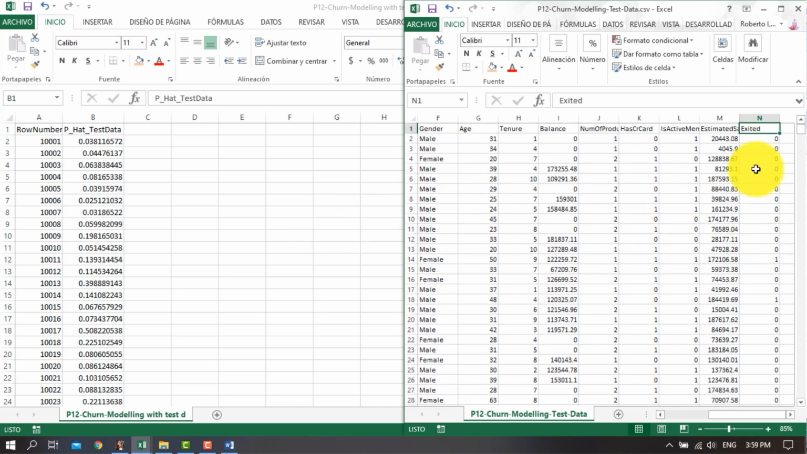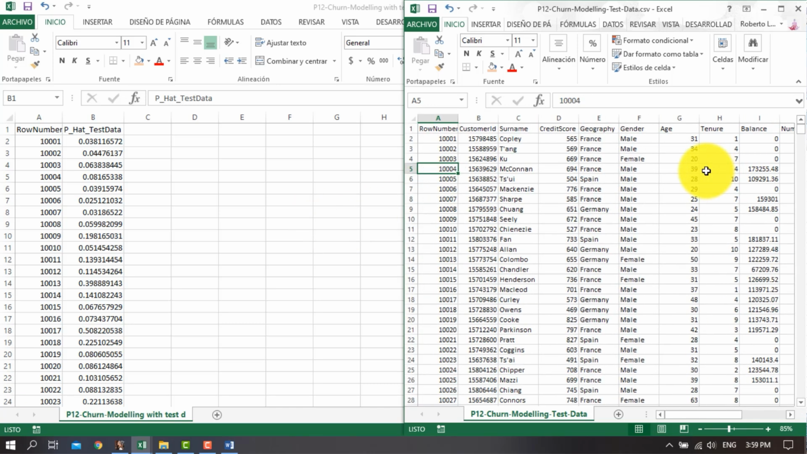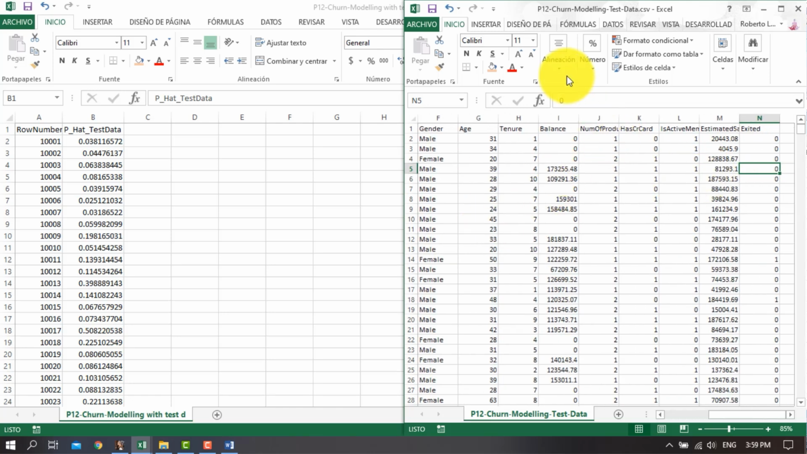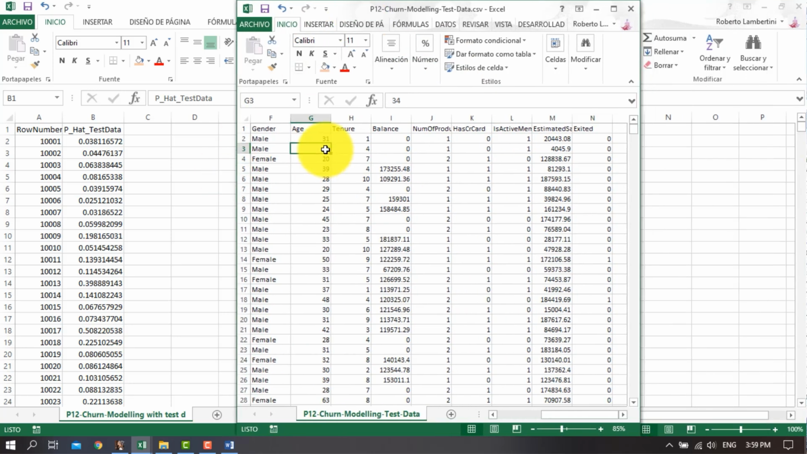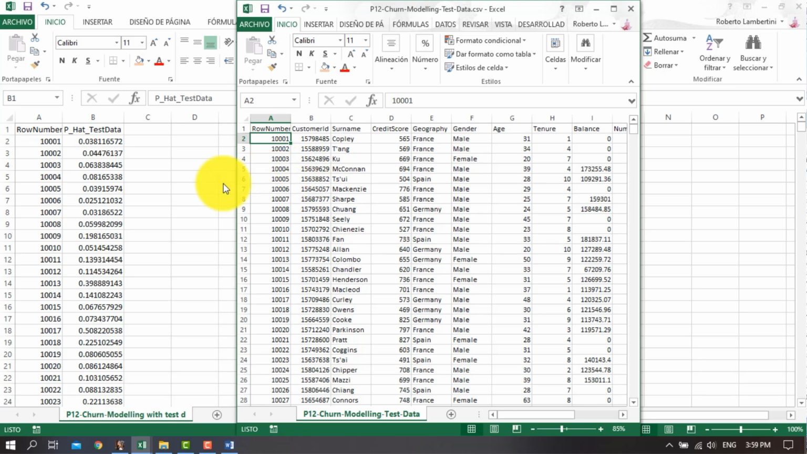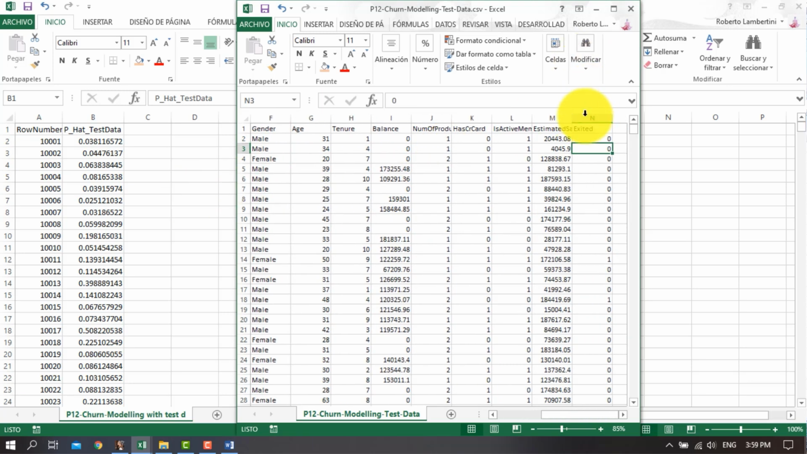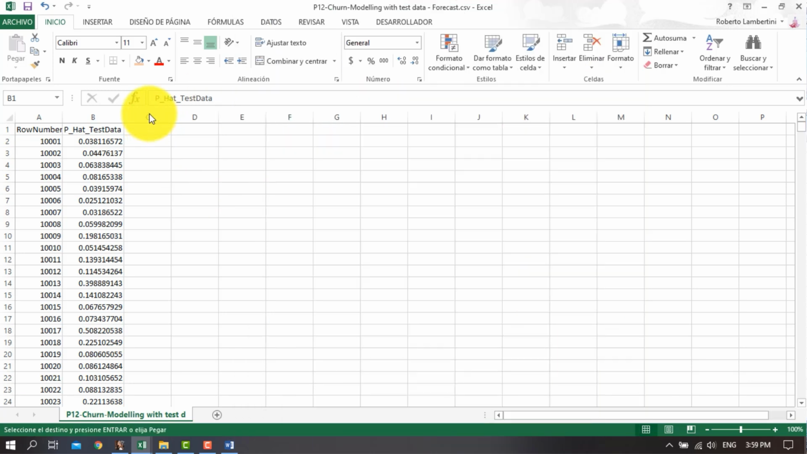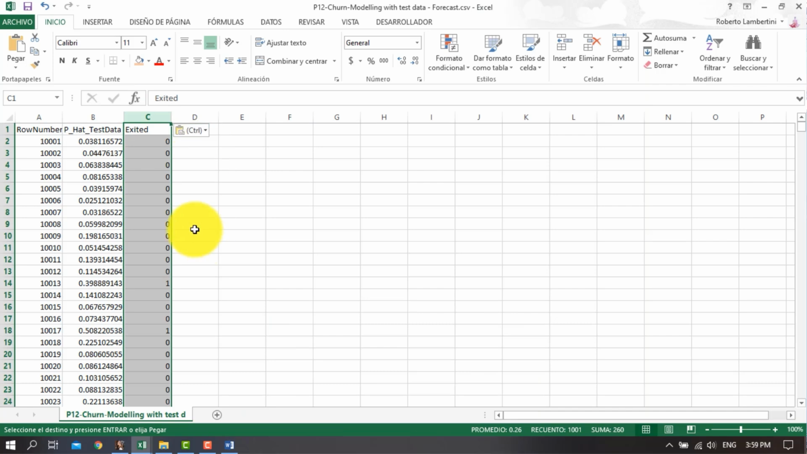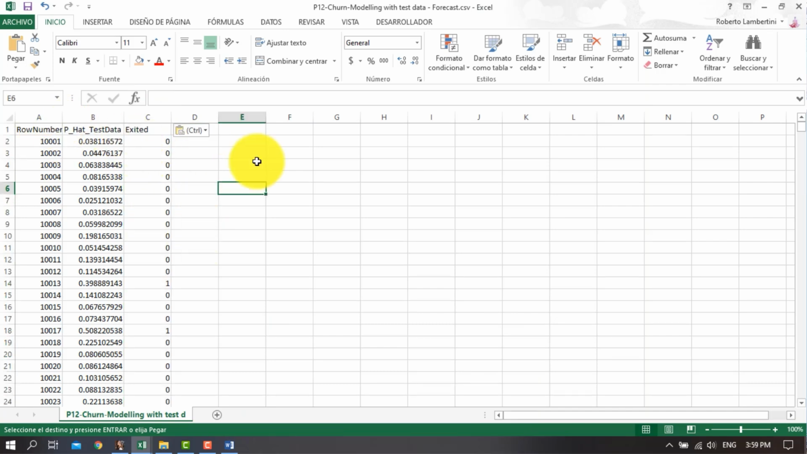So normally what you would do is a VLOOKUP, right? But I'm not going to waste your time with that because I can already see that they are lined up correctly. So I can just take this column, exited, and copy it into here. And I can close this. And now what you'll see is that we don't only have the probability, but we also have the exited value. So this value didn't participate in the modeling, but we have appended it now,